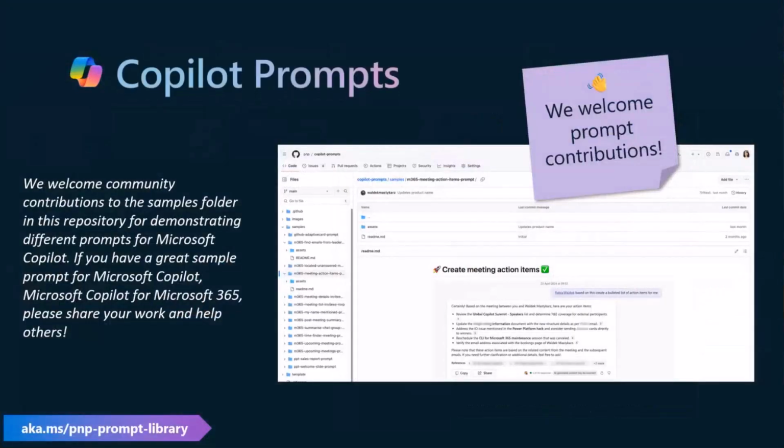And then a quick recap on the Copilot prompts. We do welcome prompts. Every one of us, it'd be good that we learn how to create prompting for Copilot and AI, and maybe GitHub AI, GitHub Copilot. The prompt gallery is there to get you started and also get inspiration, but you can also contribute. The aka.ms/pnp prompt library is one way to share your prompts with other people in the community.